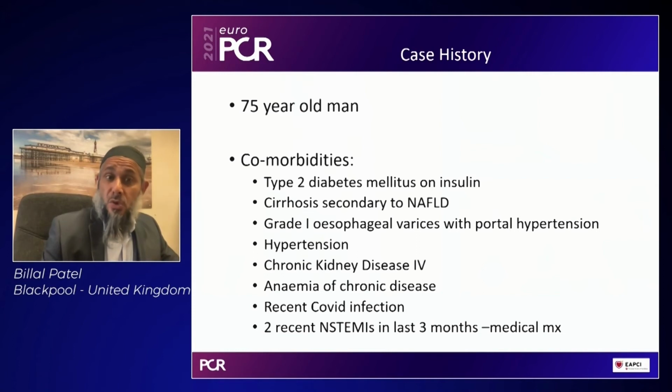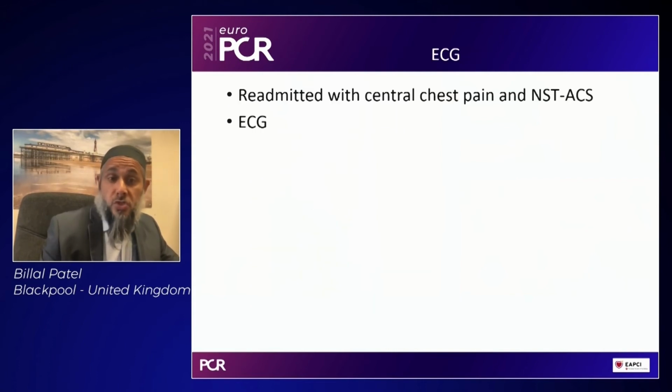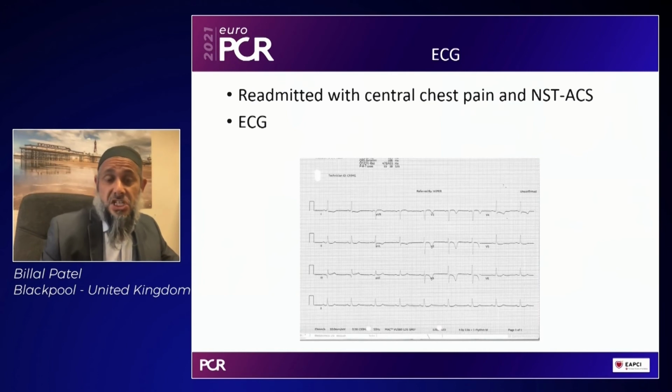This is important because we know this group of patients are far less likely to undergo invasive assessments following myocardial infarction, and their outcomes are worse, a term known as renalism. He was readmitted with chest pain and non-ST elevation acute coronary syndrome, and his ECG showed quite marked anterior T-wave